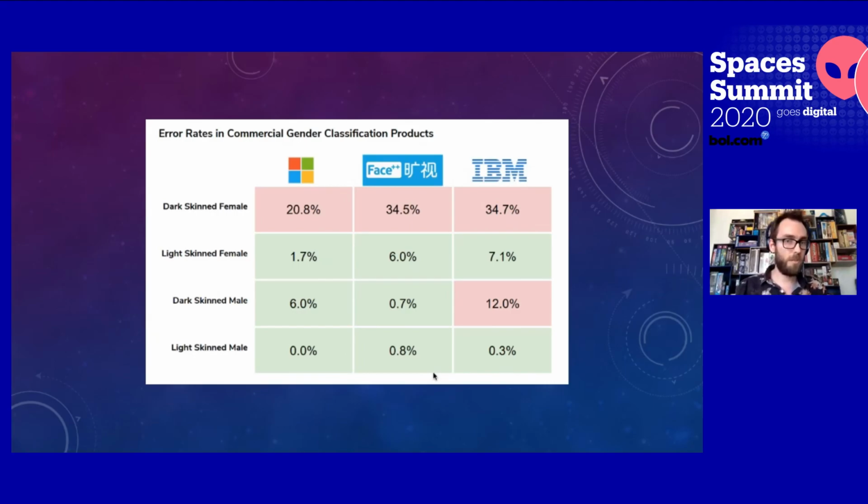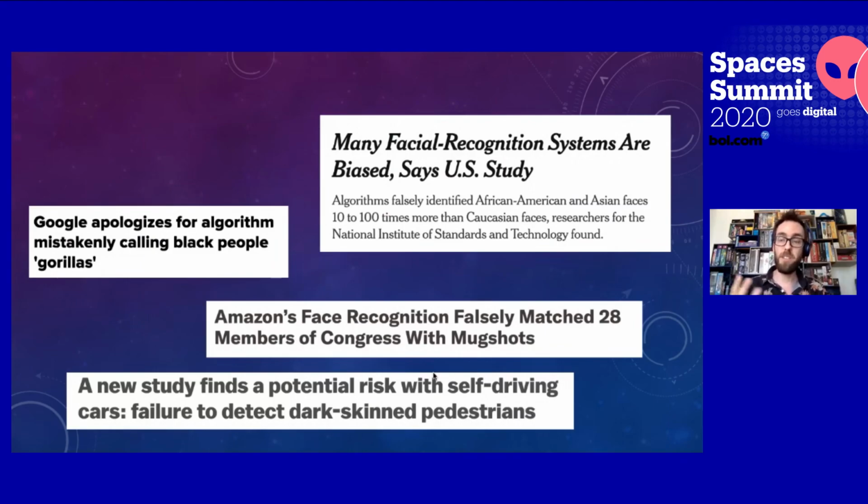But of course, these algorithms are also used for other things. For instance, facial recognition, where you actually match faces. For instance, unlocking your smartphone, or doing checks against mugshots to identify potential suspects of crimes. And there are a lot of news reports already where you can see that these things go wrong. For instance, the top right one says that when you try to match faces, using about 190 different algorithms, African American and Asian faces are 10 to 100 times more likely to be falsely identified than Caucasian faces. Meaning that if you have a smartphone and you have a darker skin, then someone else with darker skin is more likely to be able to unlock it,